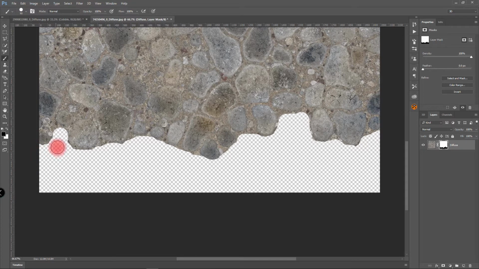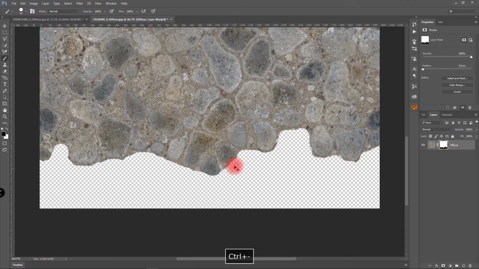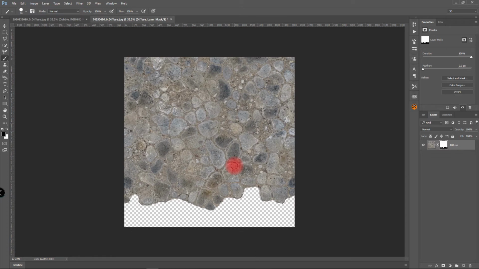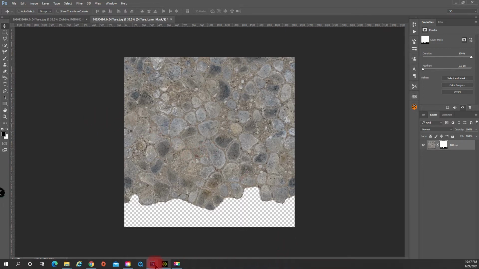A little trick I'll tell you about before I go out: if I wanted this to just end here and I didn't want to merge another texture, as long as you save it as a PNG, it'll show what's underneath it when you bring it into iClone. So, all right, I like that. That's the texture that I want to use. So now I'm going to go out to